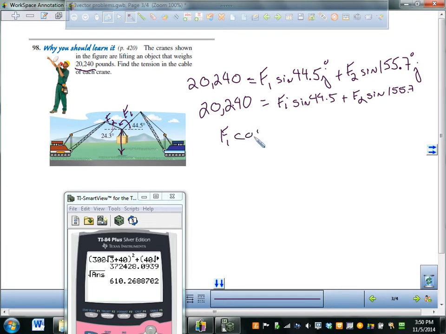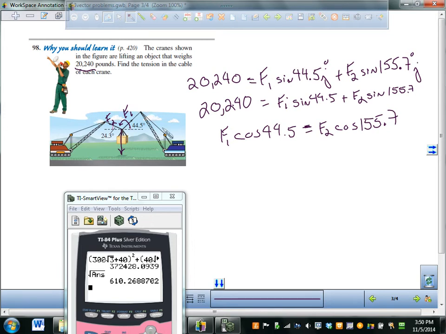Force 1 times the cosine of 44.5 plus, or is got to be equal to, force 2 times the cosine of 155.7,